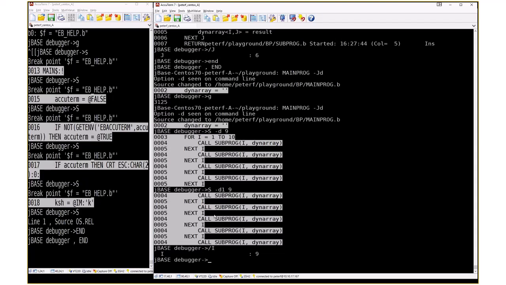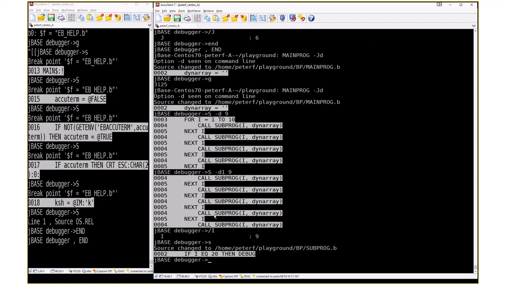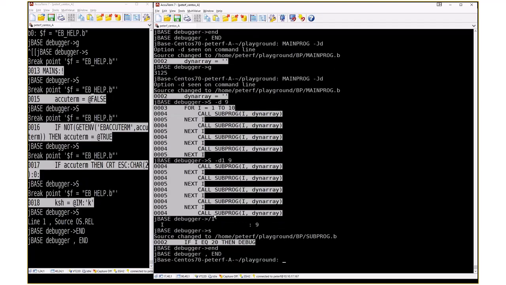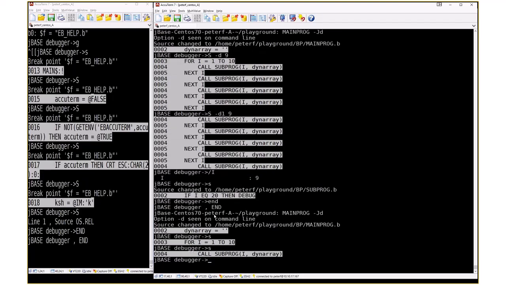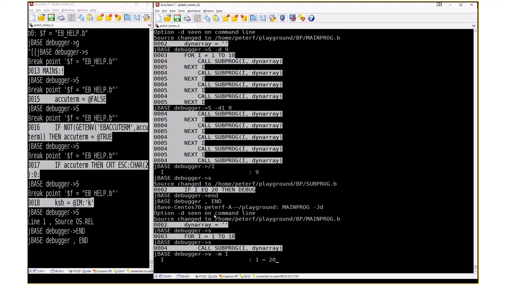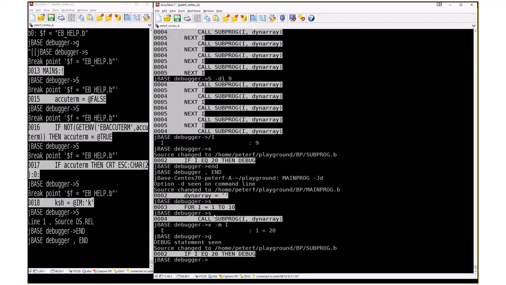So let's start again. Now I is going to be 1. Let's change I to 20. And then we hit that debug. Not a great example, but that just wanted to show it's useful to be able to change a value of